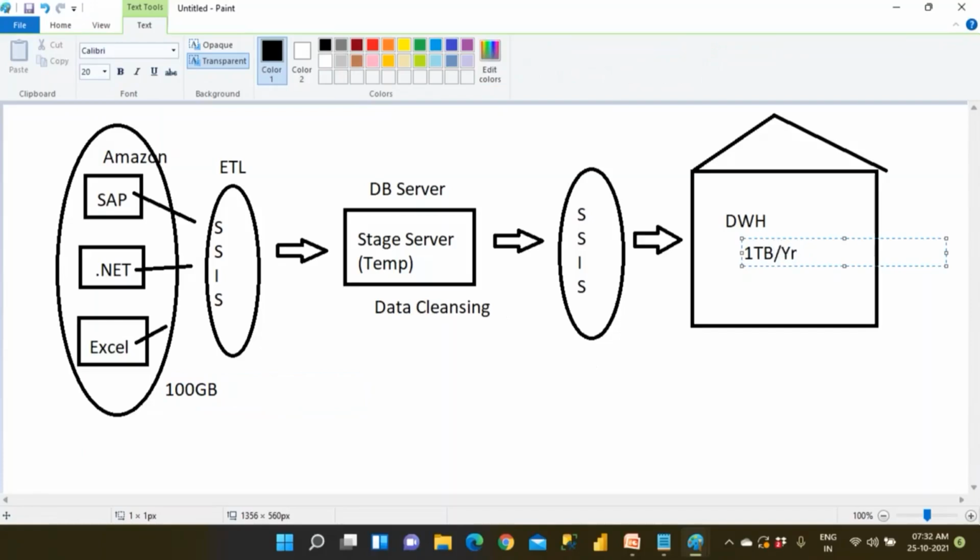So think about it: you have 20 years of data, 10 years of data. How much data do they have? They'll have 10 terabytes of data. So the first question: can I take all the 10 terabytes of data and create a Power BI report? Power BI will fail. Power BI cannot take it. But can I create 10 GB, 10 GB, 10 GB, 10 GB chunks? How many 10 GBs can you cut it into and create a report? That will also be a big problem for us.